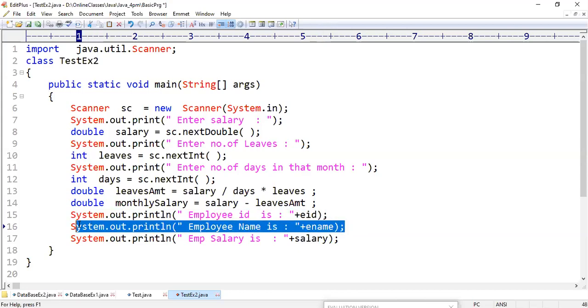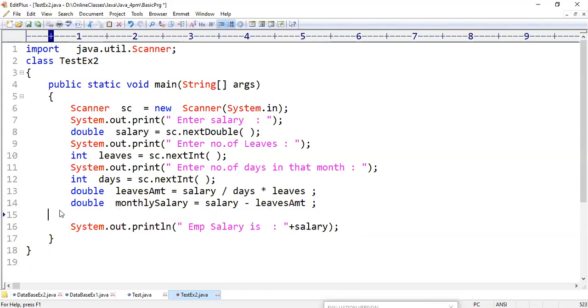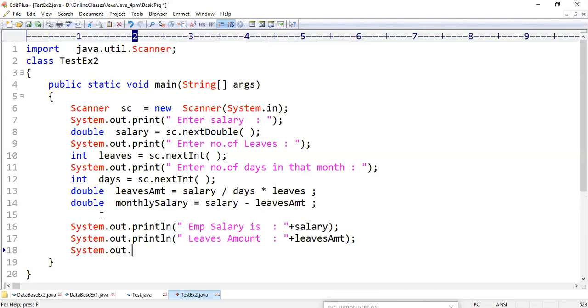So display: System.out.println leaves amount, System.out.println monthly salary.